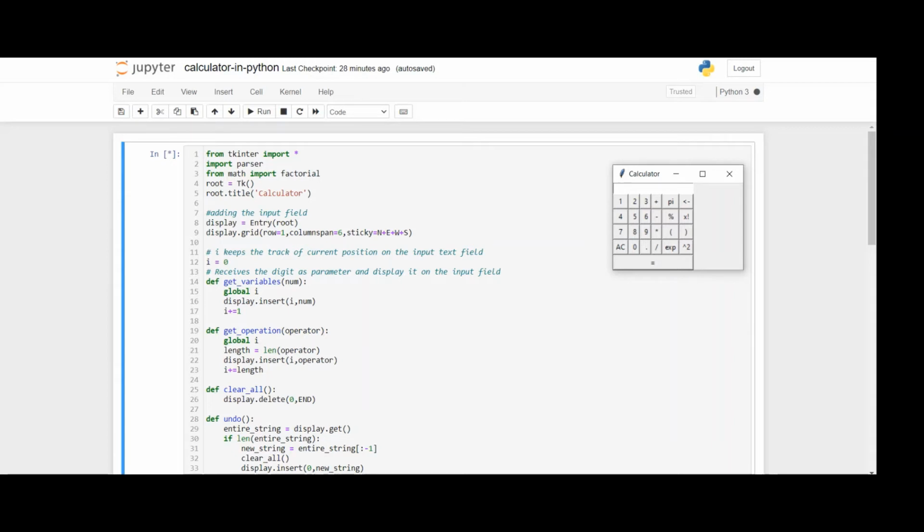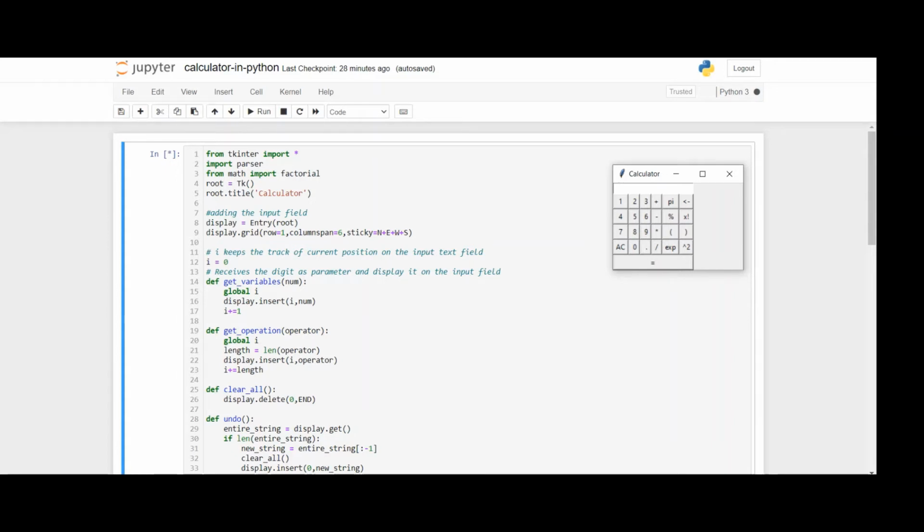Let's come forward and understand the whole code. Let's display the input fields. How to display the grid? The grid means the tkinter window on which we are creating the buttons.